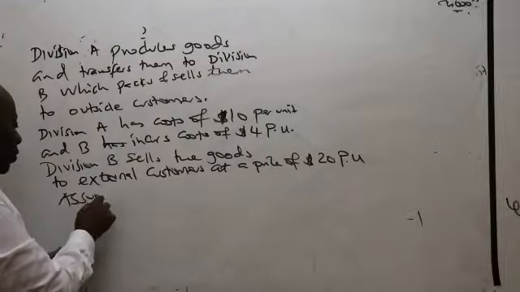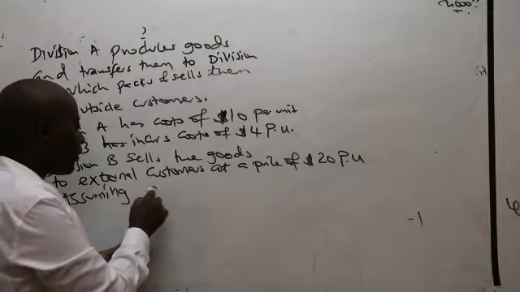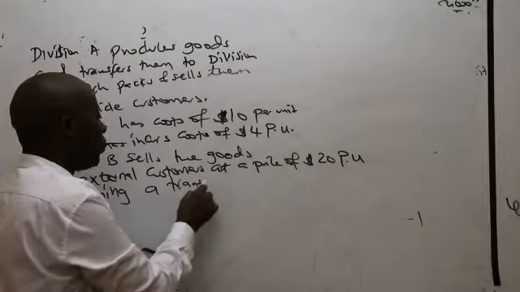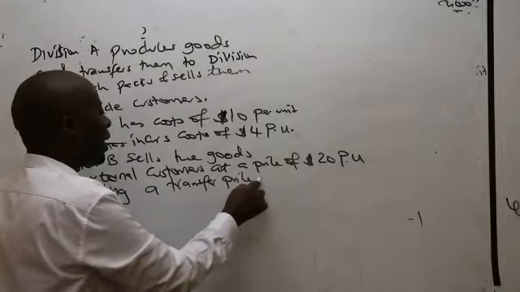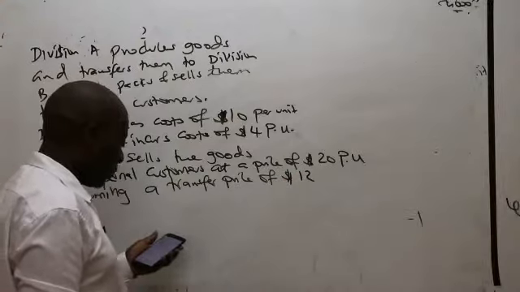Assuming a transfer price of dollars 12 per unit,